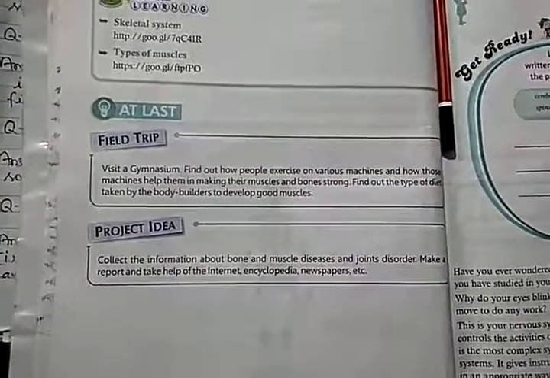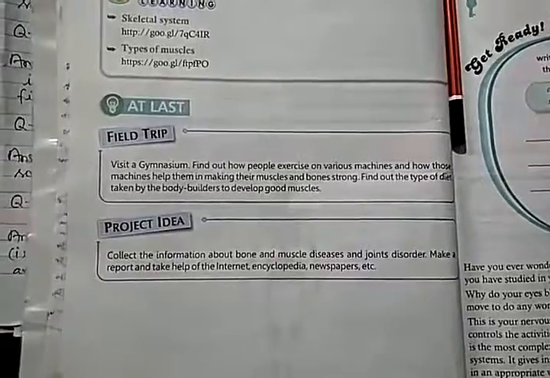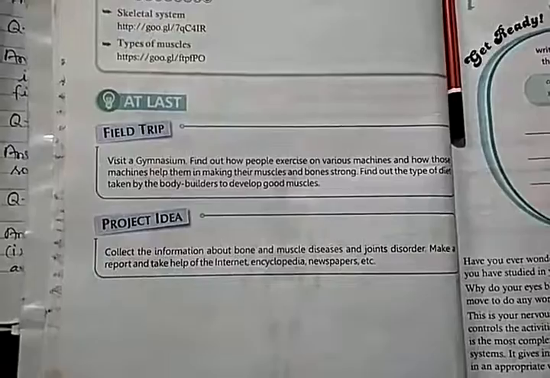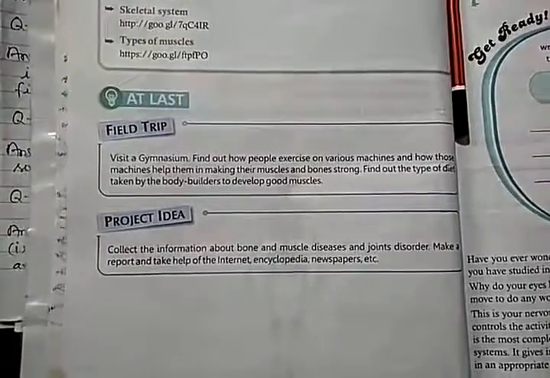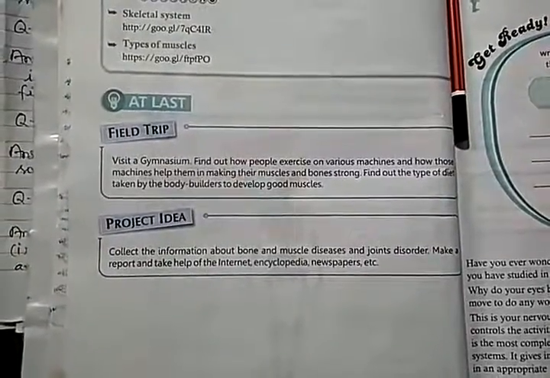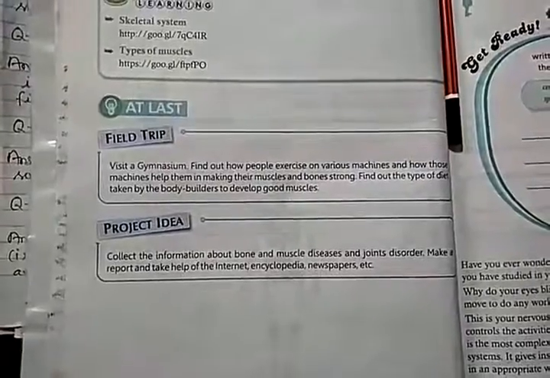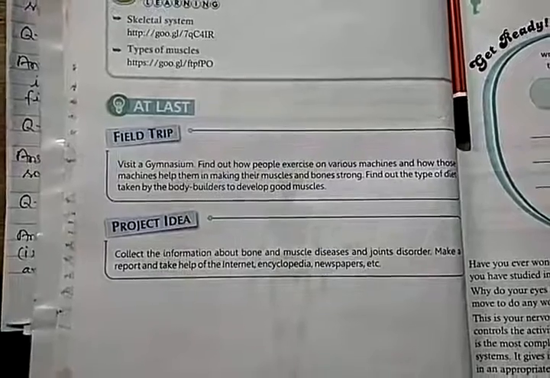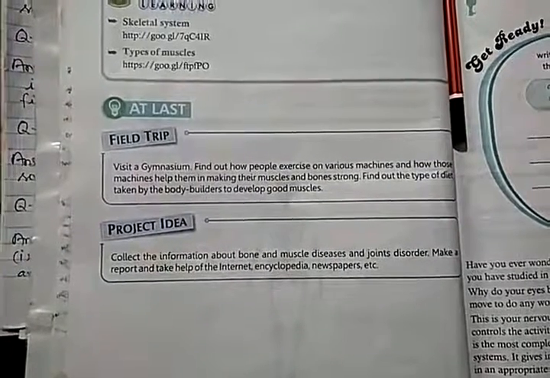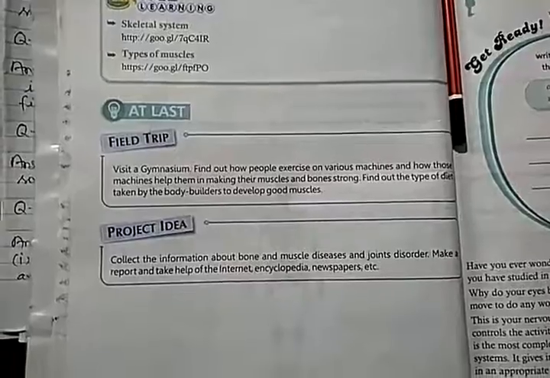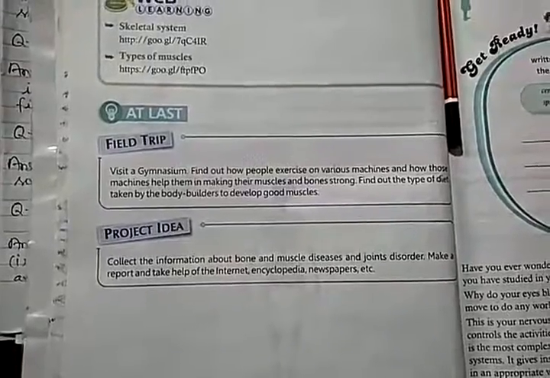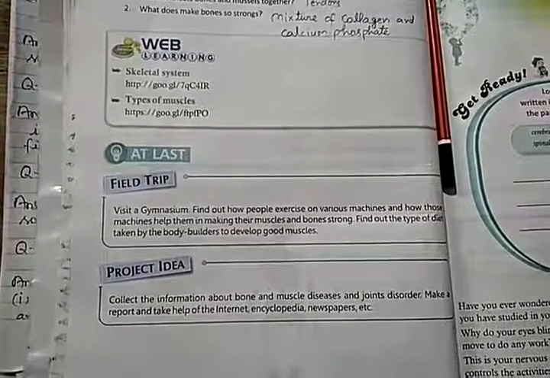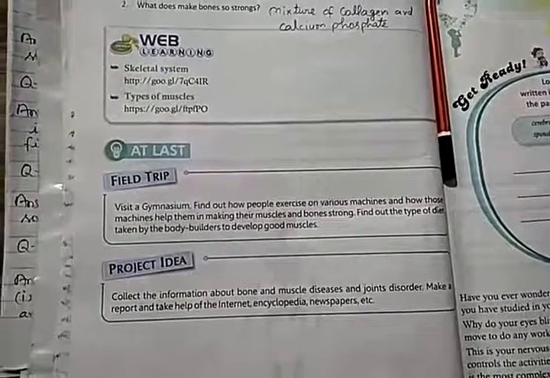So first you have to write the word meaning. Start from the first chapter: word meaning of first chapter, then question answer, then activity, then word meaning of second chapter, then question answer, then activity, and after it word meaning of third chapter, then question answer of third chapter, and then activity. So complete your work, write it properly, learn it.